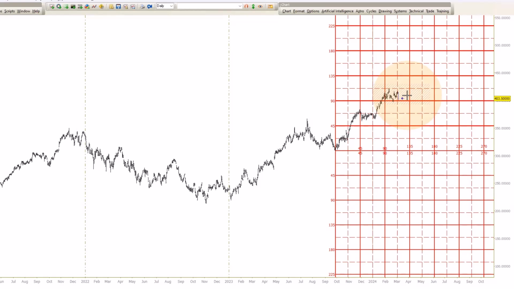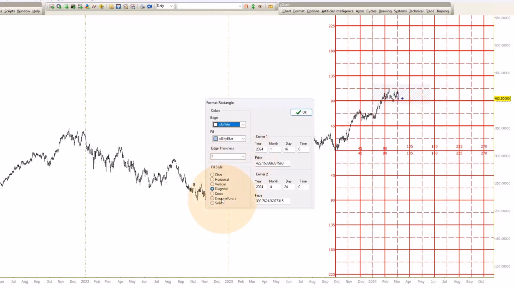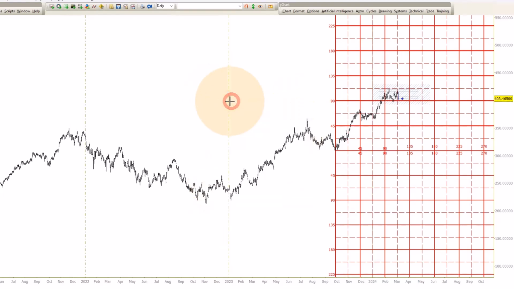Go ahead, Ben. I was going to say that, looking at the structure of this, to me it's like, okay, are we going to end on a false break, or are we going to end on a lower high? Does confirmation come from a false break or from a lower high? Because it's late in the game and you can see it in the timing. Those are a couple of the possibilities I want to be aware of so that when it happens in real time, we can react to it and say, okay, there it is.